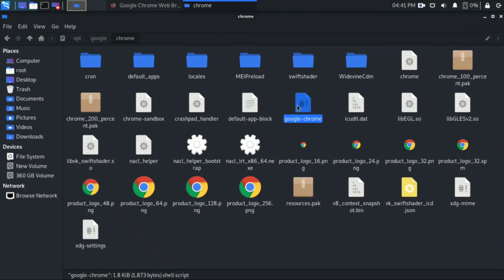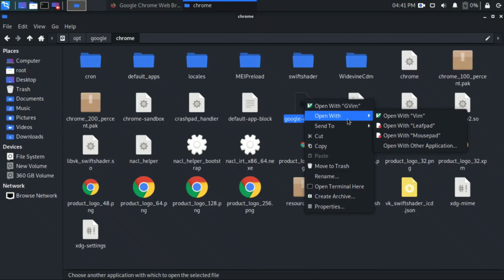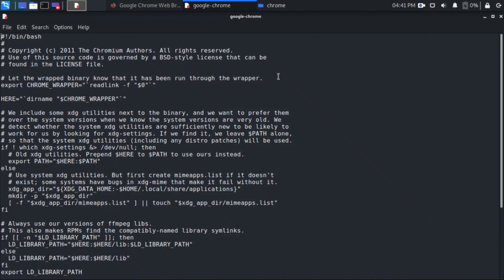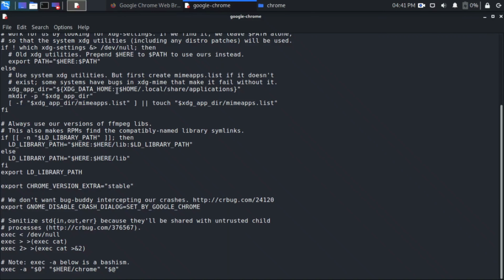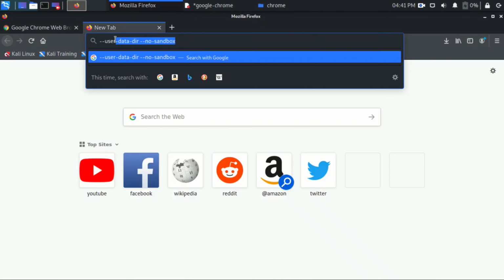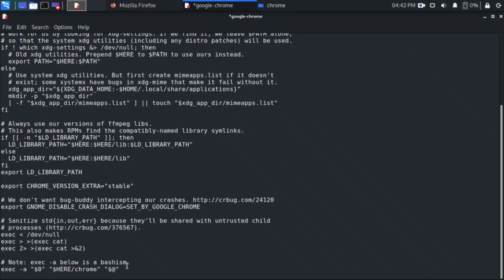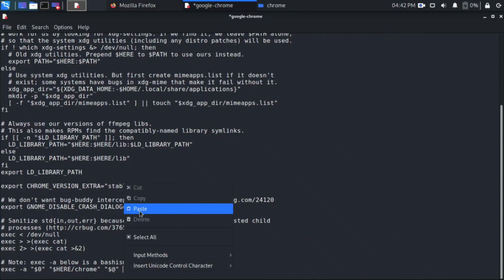And just close it, and now just left click on the file and do open with LeafPad. Okay, LeafPad, and yeah, LeafPad is open now. And now see the video carefully. So you just need to scroll down, and do not do anything with this code, and you just need to go to the last line here, @ double colon, and then a space, okay, not paste, space. And then I will just give this command, I will give the command in the description box below. You can just copy it and paste it here.